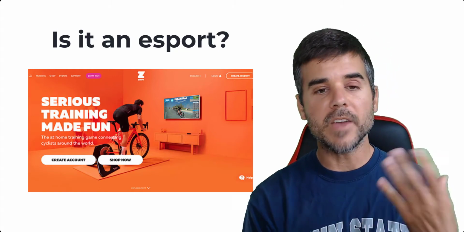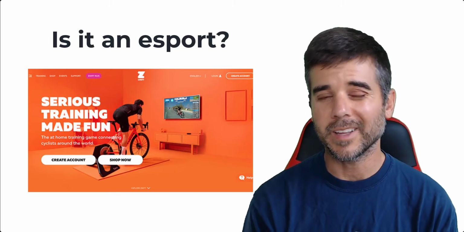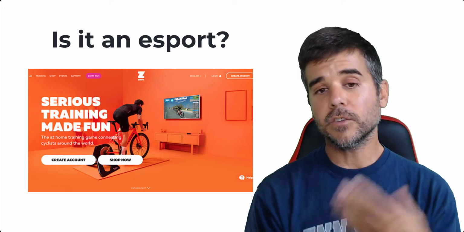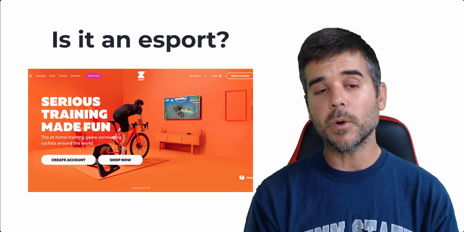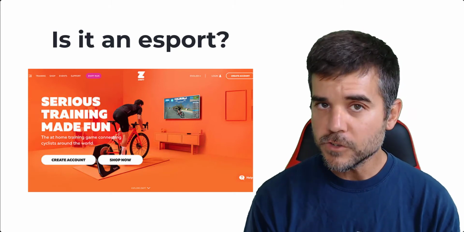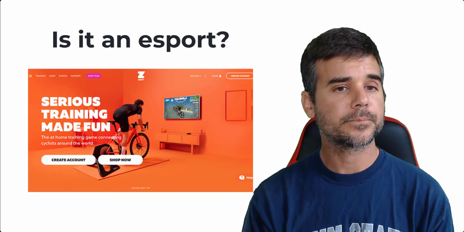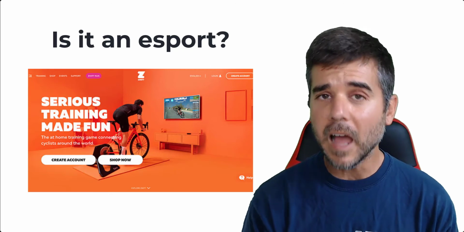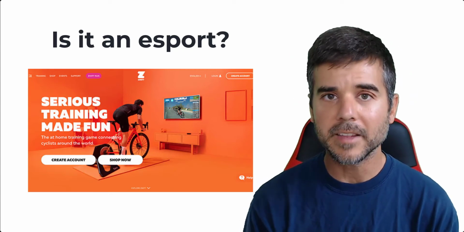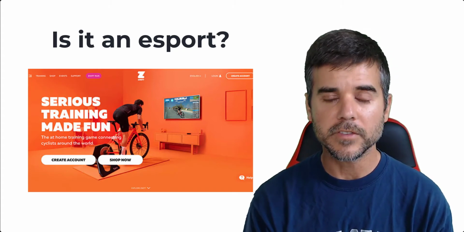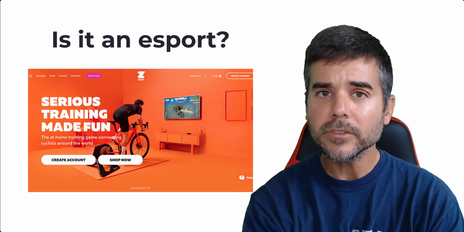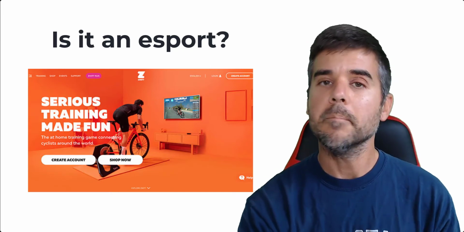But I'm very fascinated to see the future of software like this, because it's not just Zwift. There's other technologies out there doing this too. This one just happened to be used in the Virtual Olympics, and I want to talk about Zwift specifically as an esport. So I do think that there's a future here with this piece of software. The company is making a lot of strides to make this very gamified and fun, so that people keep coming back, and they have a big player base because of it. They have some very large competitions. They have lots of players. It's amazing to think about.